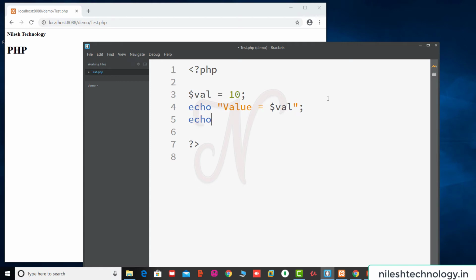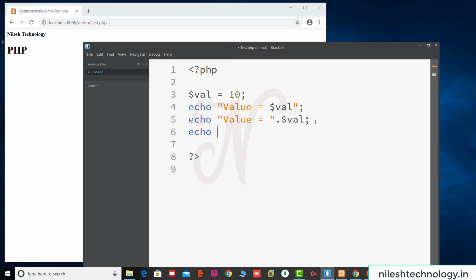Same here, echo value is equal to, okay, you can print this $val outside the double quotes. If you try to print this $val outside, then use this dot for the concatenation of this string and this variable. So this dot is the concatenation operator.